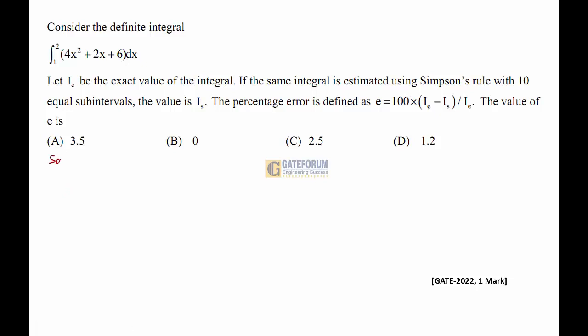Solution. Since f of x is equal to 4x square plus 2x plus 6 is a second degree polynomial, therefore using Simpson's rule the value of the given definite integral is the same as the exact value of the given integral. Okay, therefore